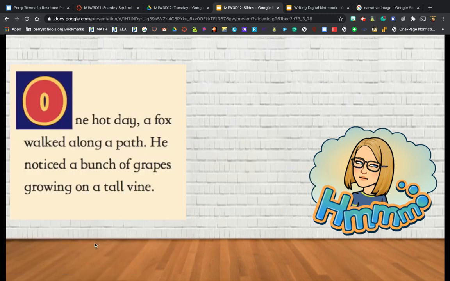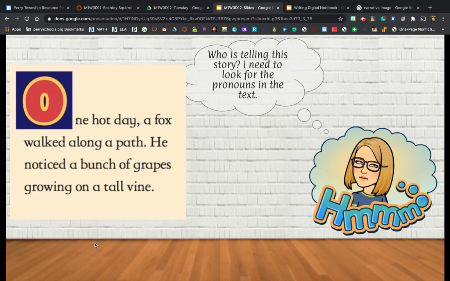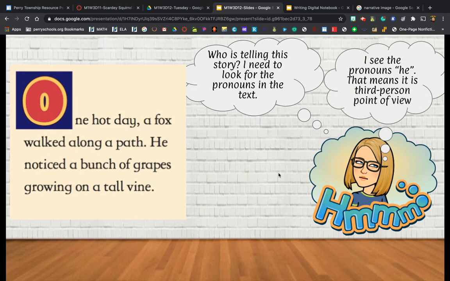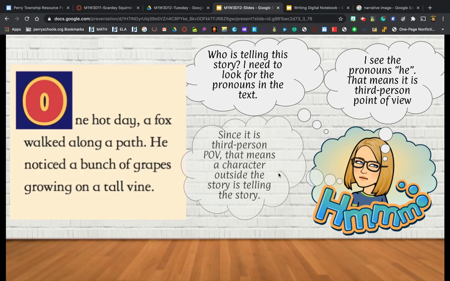All right, let's practice with one more. One hot day, a fox walked along a path. He noticed a bunch of grapes growing on a tall vine. So I'm trying to figure out who's telling the story, and I need to look at the pronouns. The only pronoun that I see is he. So this is the only one that I can see. And because I'm finding out what he did, that means it is third person point of view. And since it's third person point of view, that means that a character outside the story is telling the story,